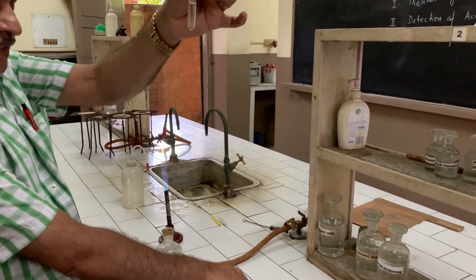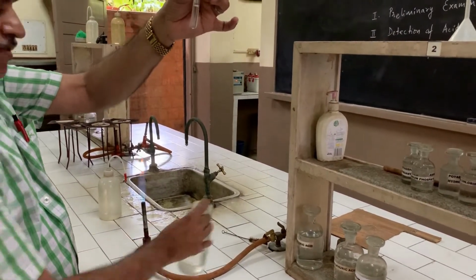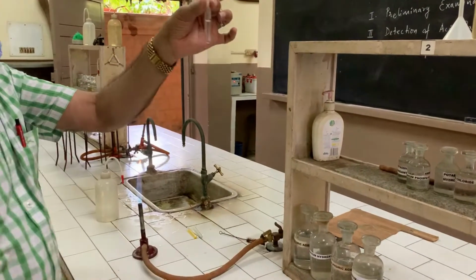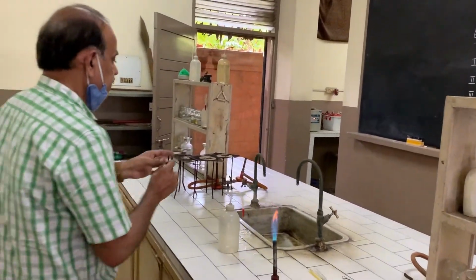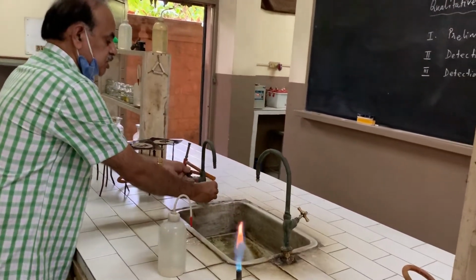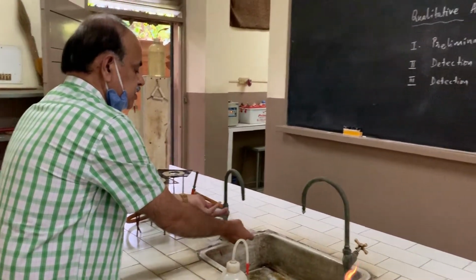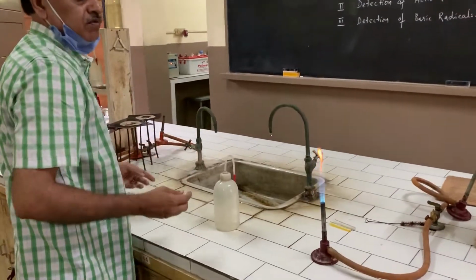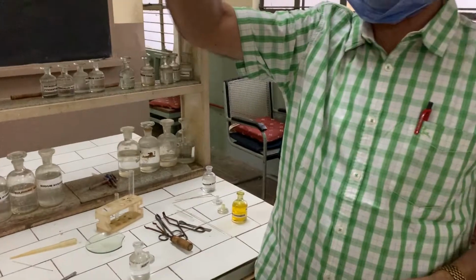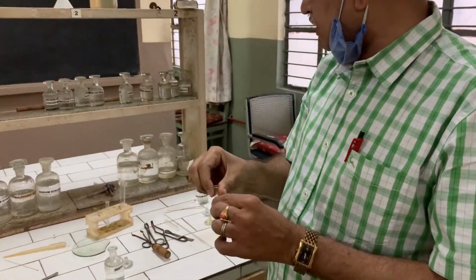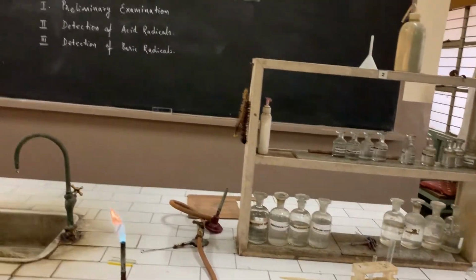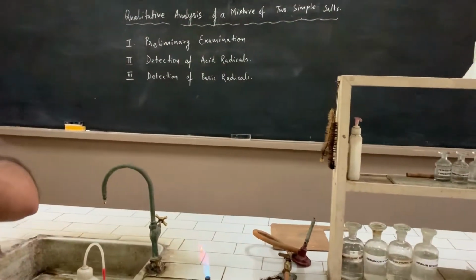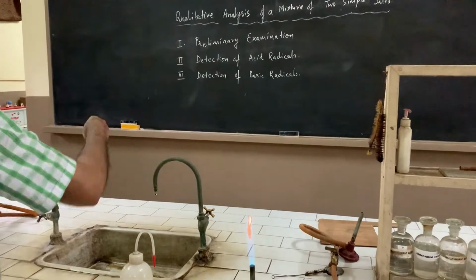Okay, see, there is no precipitate. So this indicates that the salt mixture does not contain magnesium. So magnesium is absent. Now, there are two more radicals in the sixth group, potassium and sodium. I need to check for potassium and sodium using this solution only. I have a very small quantity. What I do is, I divide it into two parts. Take a very small quantity, use it for sodium, and after that I do the test for potassium.